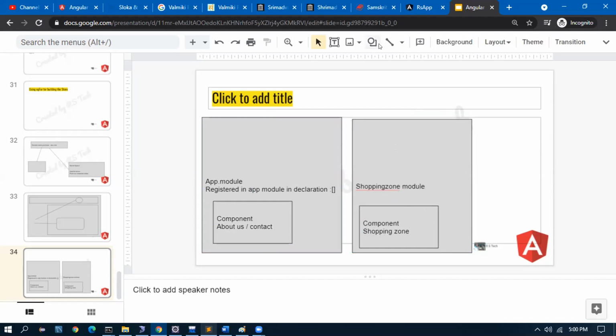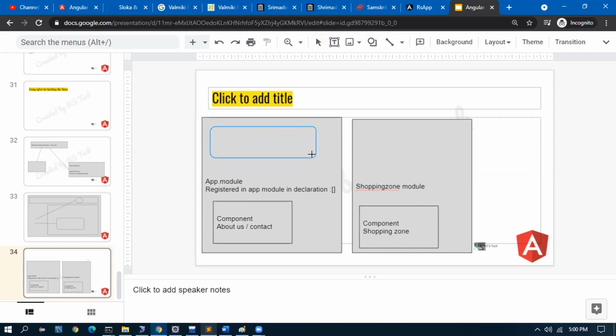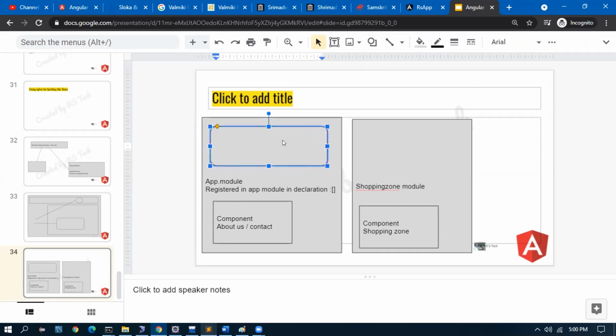In the app module, we used to have the routing, the routes, which have a path and a component.